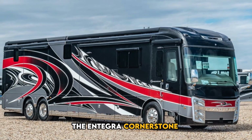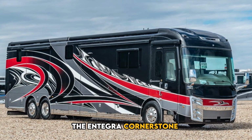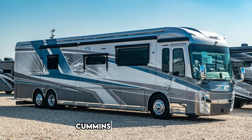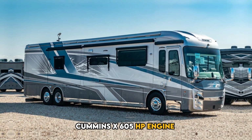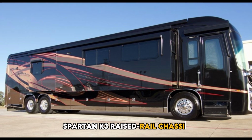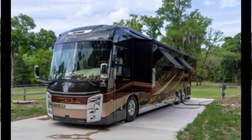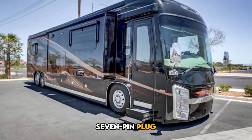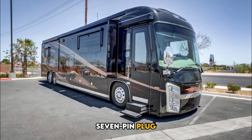The Entegra Cornerstone sets the bar high as a luxury motor coach, boasting impressive power with its Cummins X 605 horsepower engine and Spartan K3 raised rail chassis. Equipped with a hitch capable of towing a massive 20,000 pounds with a 7-pin plug, this Class A RV offers